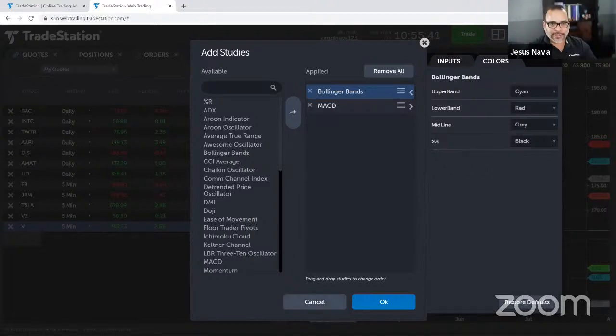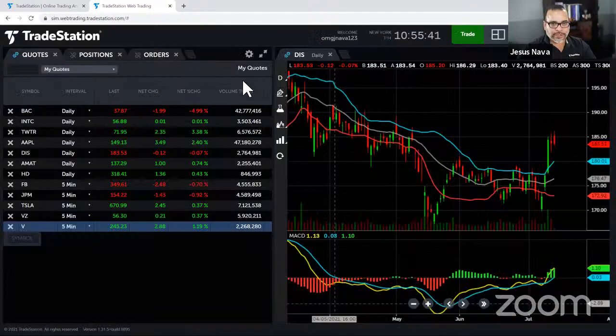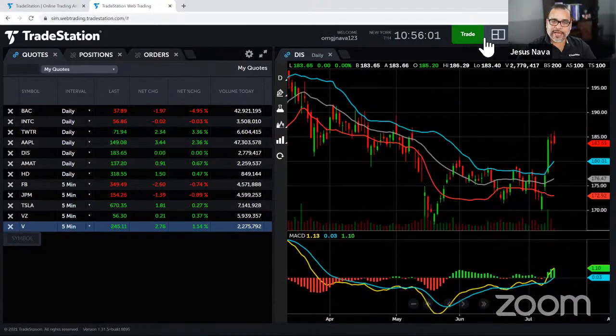Where's the trade bar? If I click on trade, the trade bar shows up. If I click on the X right here on the right-hand side, it goes back to the top, very easily and accessible. So just click on the big trade button at the top. But you can also trade from the